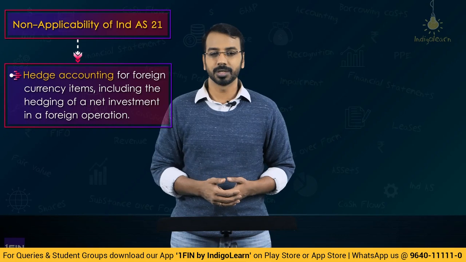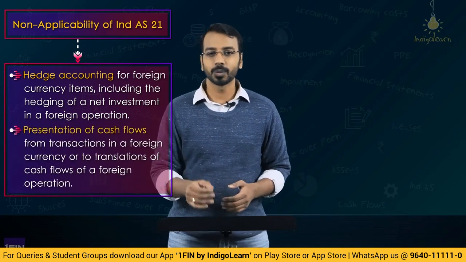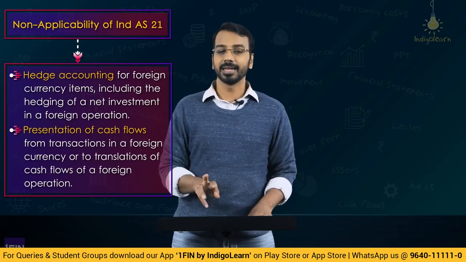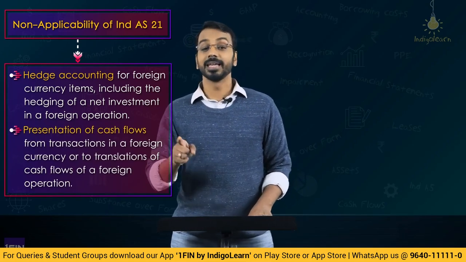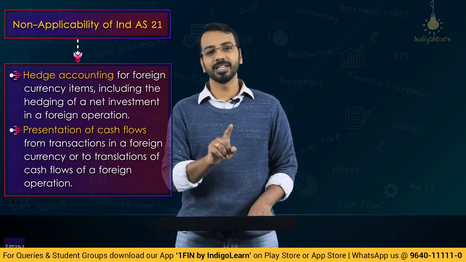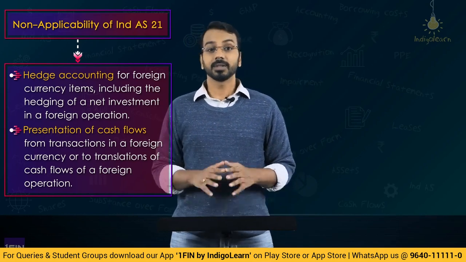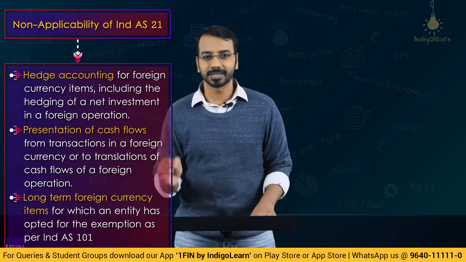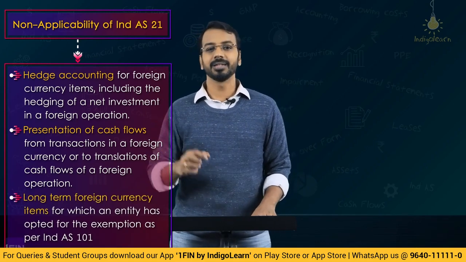Then the second exclusion is when we have to present cash flows arising out of foreign currency transactions or foreign exchange transactions. Then Ind AS 21 will not apply, but Ind AS 7, which deals with the cash flow statement, would apply. And lastly, if an entity has chosen an exemption under paragraph 46A of Accounting Standard 11, which deals with